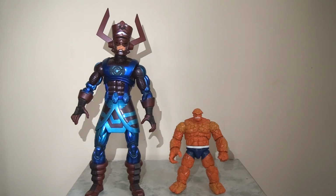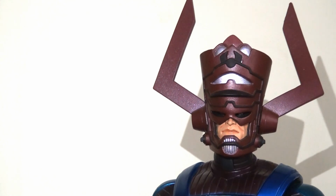Let's talk about the sculpting. The sculpting is brilliant. This is a very classic version of the character. It's a very comic book version of the character, which is brilliant. It definitely draws on the original Jack Kirby influences for sure. I really, really like how they've scaled the ears, and just generally the expression they've got on the face, and